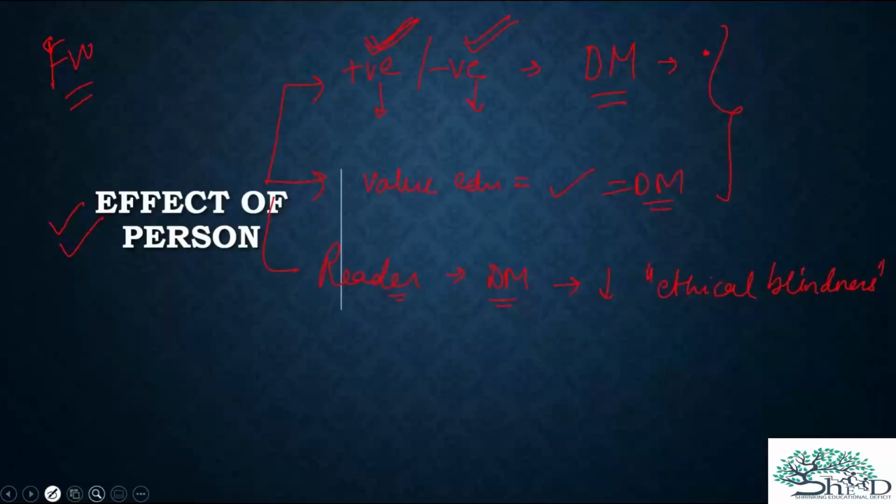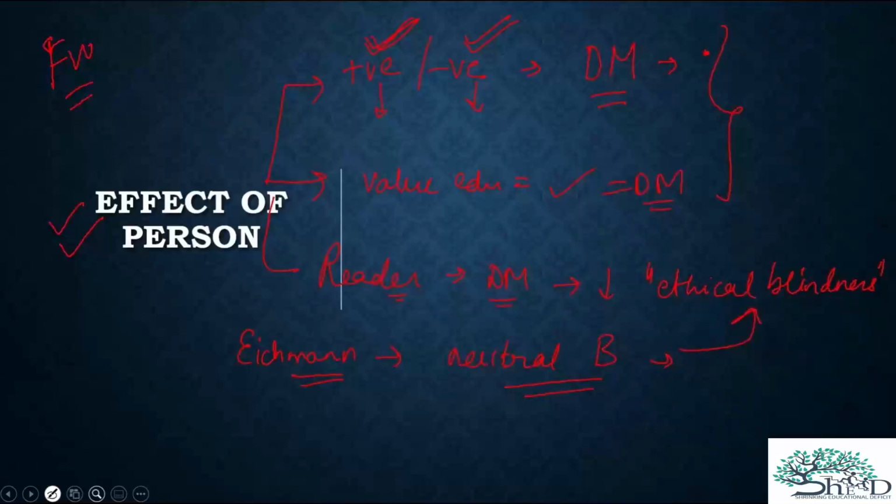Let me give you an example. There was a person who worked under Hitler. His name was Eichmann. I might be wrong with the spellings here. The person worked under Hitler, and when he was under trial, he said that I was just acting under orders. Okay, and we can accept that. I'll come to the negative part also, but for now we can accept it. Okay, fine. He was following orders. This is a positive argument. So the person was being a neutral bureaucrat. But the issue is, should he be so ethically blind?